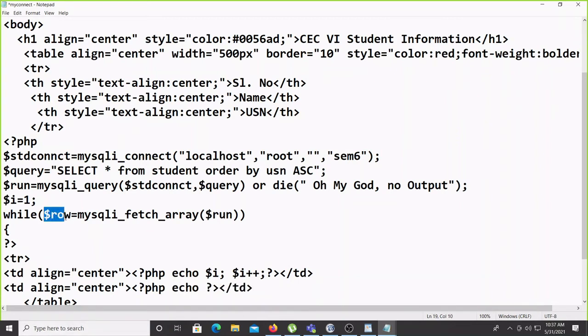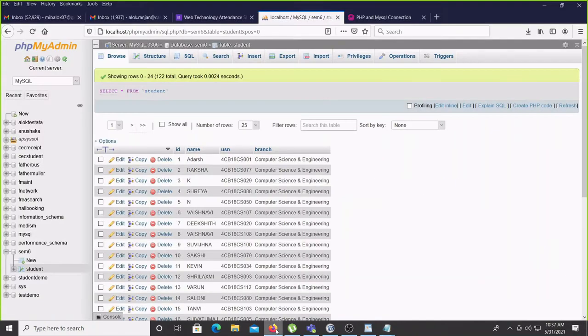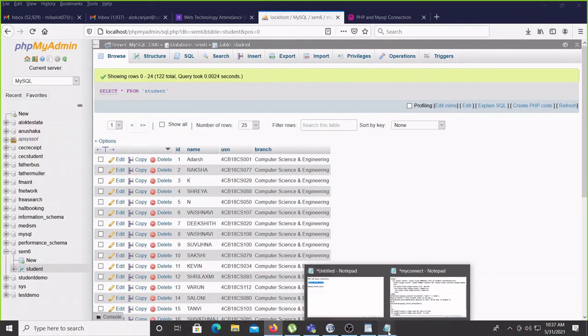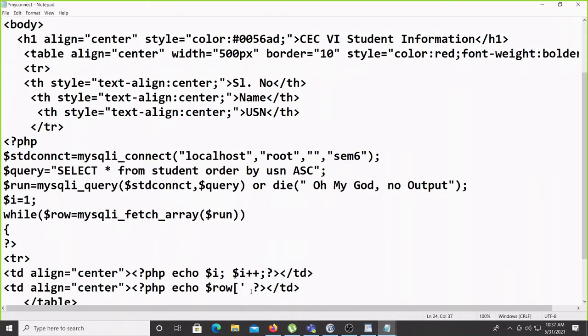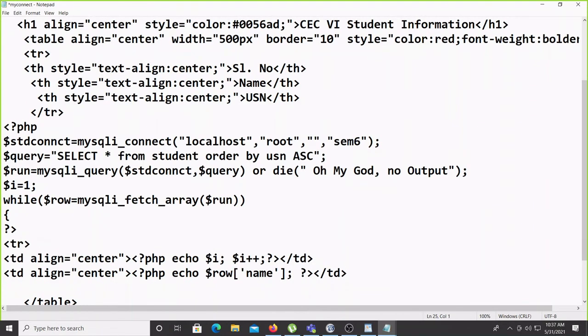Echo we have to use, all values are stored in this array, so you write here echo $row, then this bracket, and we have to write the field name from the table. Field name you see here NAME, name. Okay, so field name, then use semicolon, done.